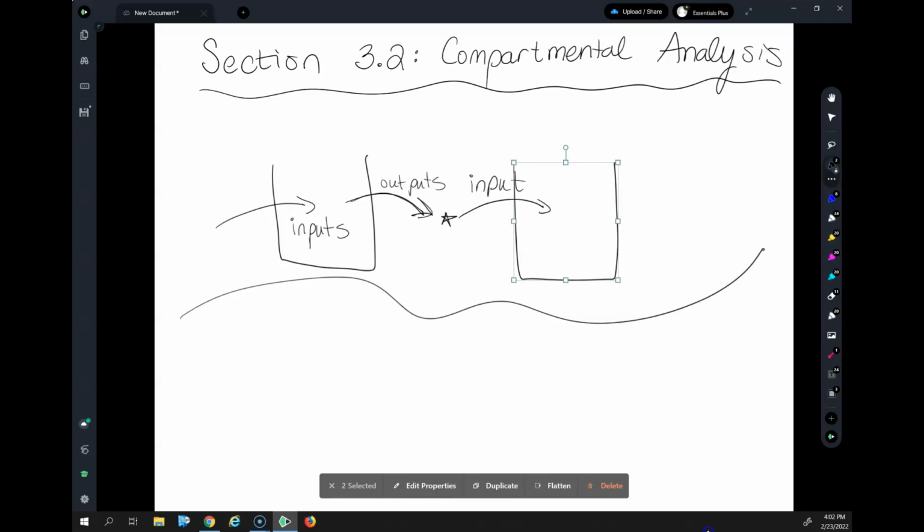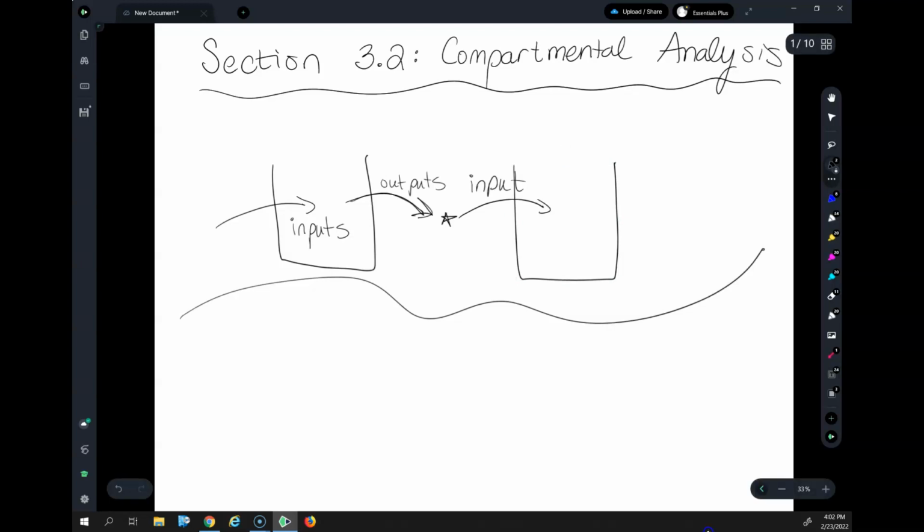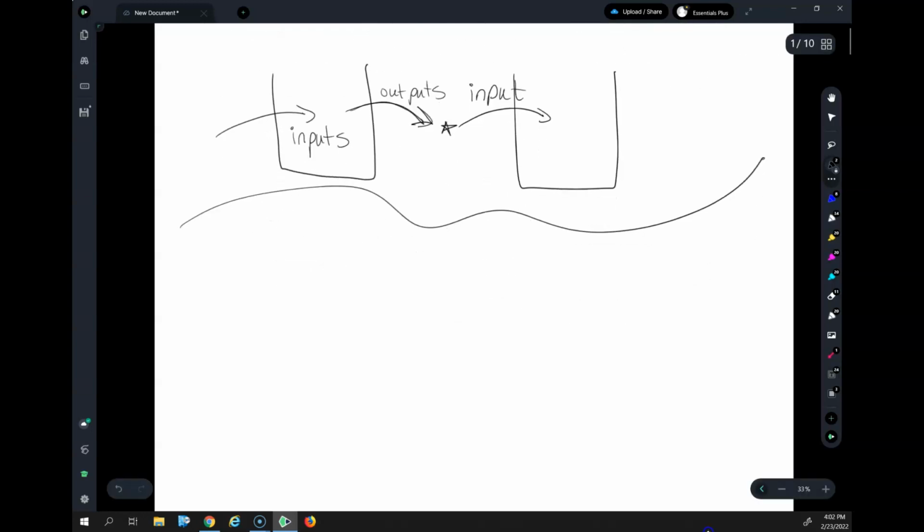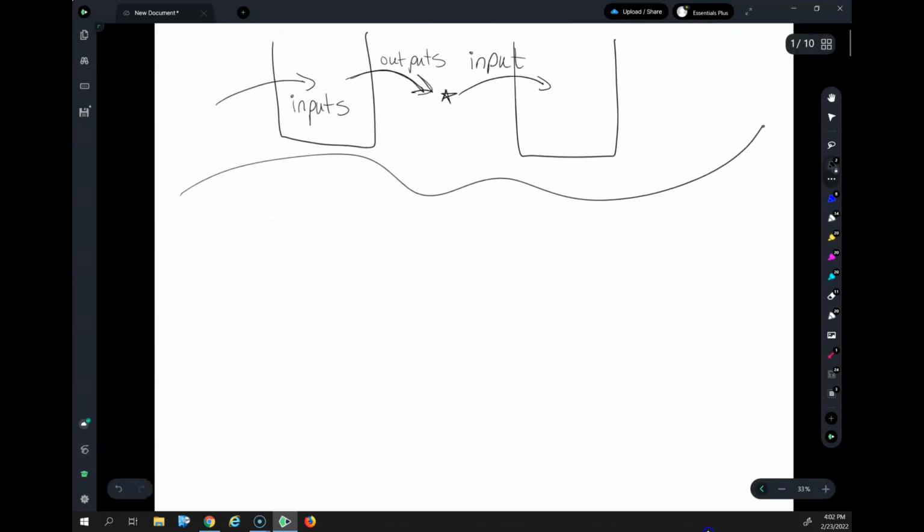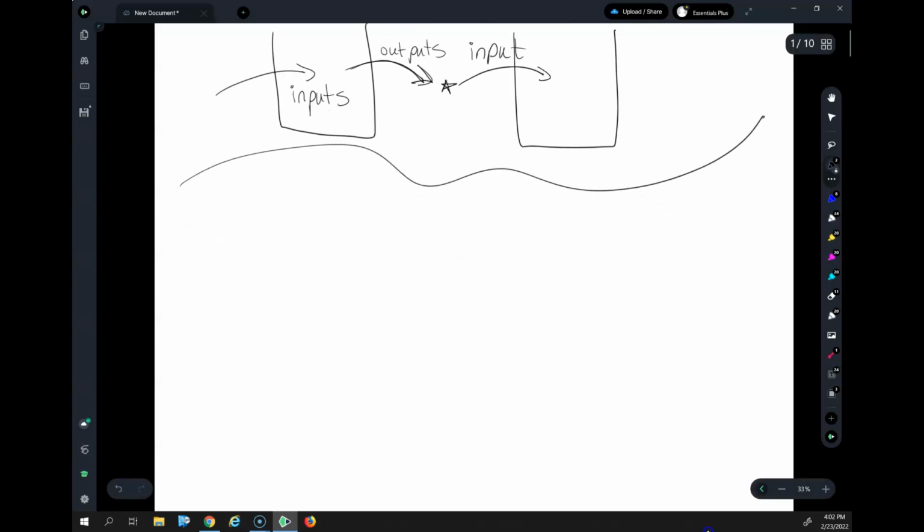So it relates all of the pieces together, and it is a way to take a complex problem with multiple parts and organize it into a much more simple, approachable problem to work out. So I like these little compartment diagrams, and I'm going to use them quite a bit when I'm working these